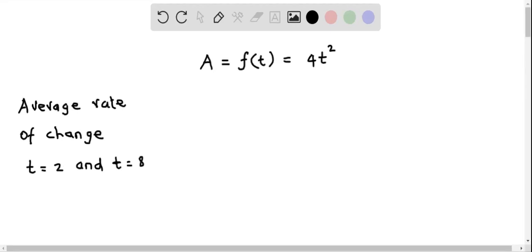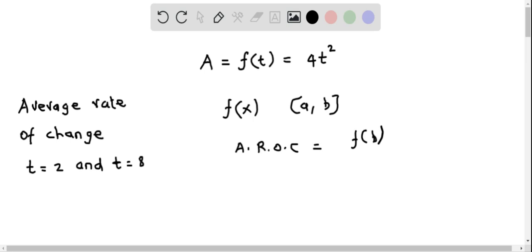Let's determine the average rate of change in the number of acres cleared for farming between t equals 2 and t equals 8 years. So for a function f of x, the average rate of change of the function defined over the interval [a, b] is written as A.R.O.C., and this equals f of b minus f of a